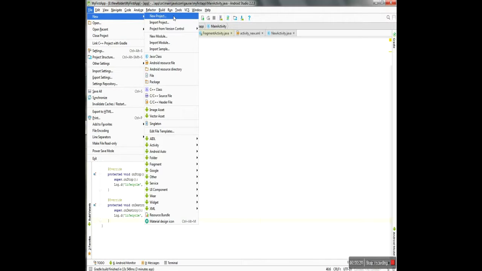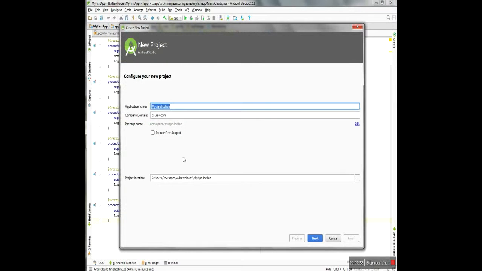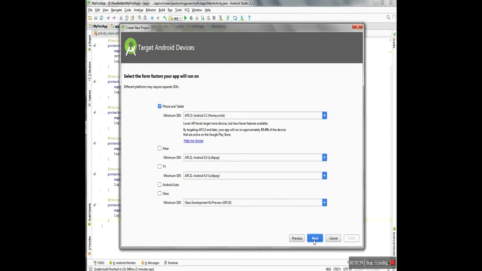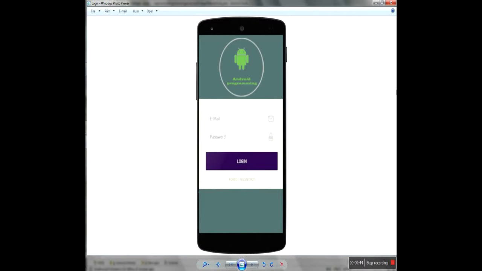File, new project, and just add UI. All these things are default, and select empty activity. First of all, before creating the new activity, I would like to show you